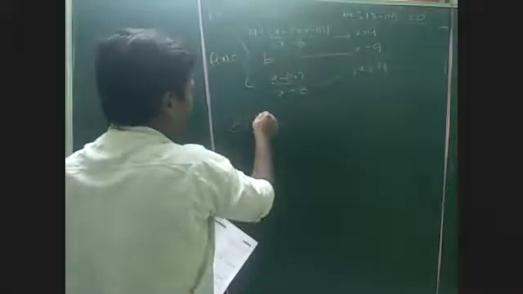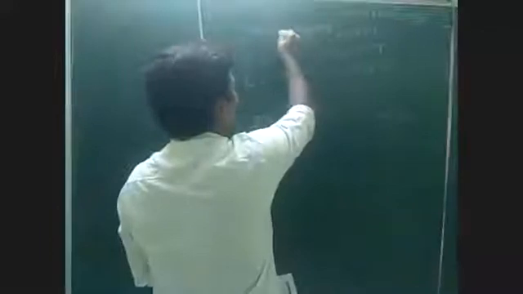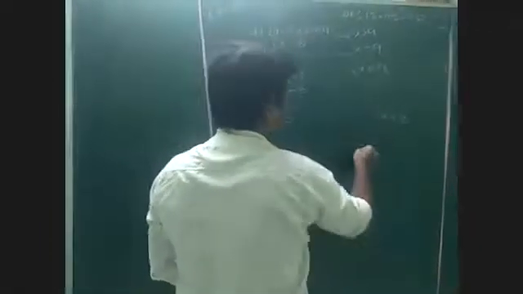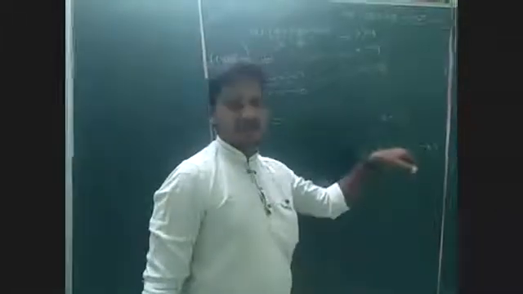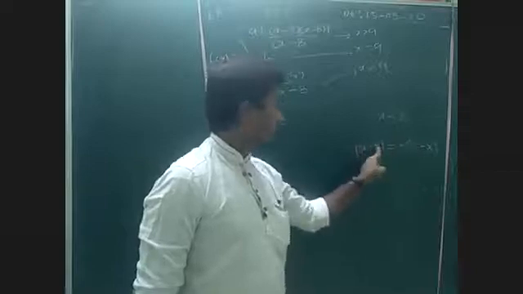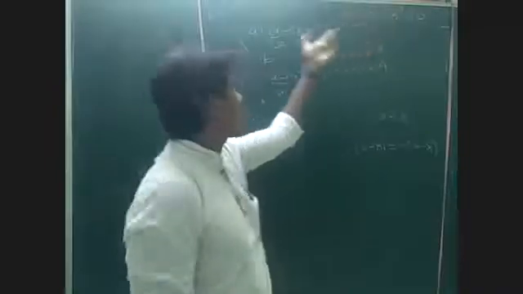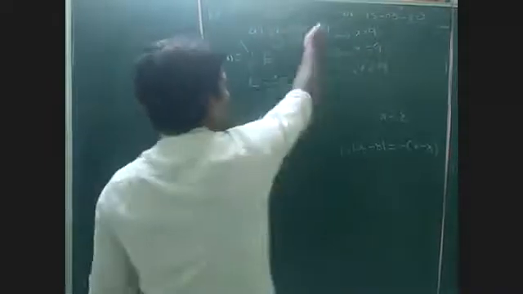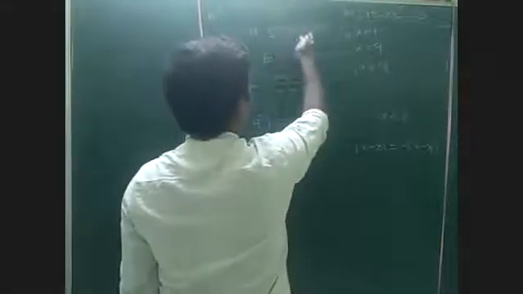So x is more than 9, so f of 9 plus is the right hand limit. What is the right hand limit value? We can easily cancel x minus 8. For example, if x is less than 8, then modulus x minus 8 becomes minus of x minus 8, because x is less than 8, so it becomes a negative value. But clearly x is greater than 9, so both will be positive. Whenever both are positive, we can remove this modulus, because x is greater than 9.